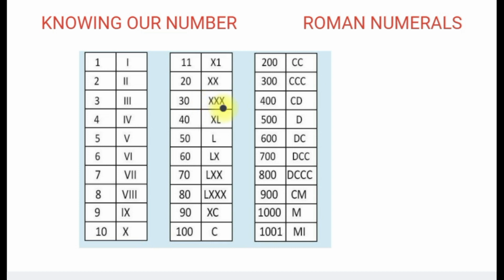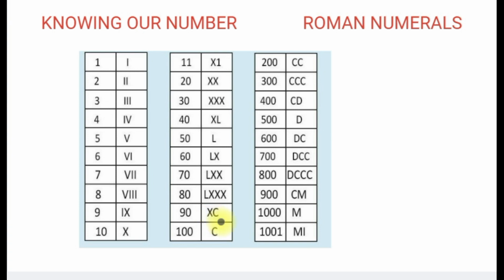As we know, we cannot repeat our symbol more than 3 times. So for 40, we write 50 minus 10. We get 40, right? This symbol is for 50. Again, for 60, 50 plus 10, 60. So it's really very easy. If we go through all the rules that I have discussed in this video, then we can write any number in Roman numerals with the help of these rules. So 100 is written C. C is for 100. For 90, we subtract 10 from this 100.